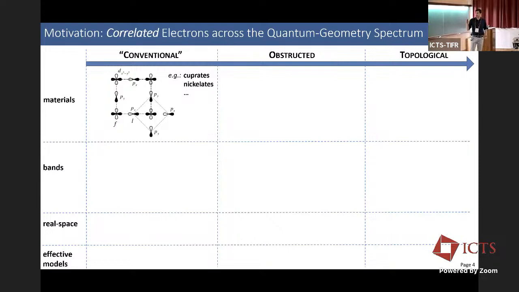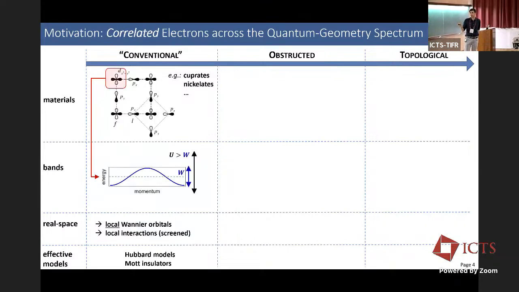So let me illustrate what I mean by this. This is an example of a copper-oxygen plane for, say, lanthanum copper oxide. At low energies in the undoped compound, I'll be at half filling of, to good approximation, a band that is solely composed of the d orbitals of copper. I have an electronic interaction that is much larger than the bandwidth, and expect and observe a Mott insulator and antiferromagnetism at low temperature. So from a theorist's perspective, the real space picture of such a model is a tight